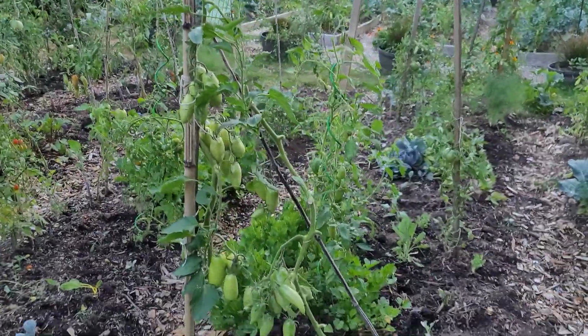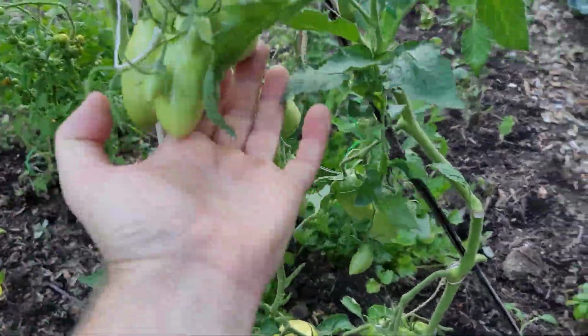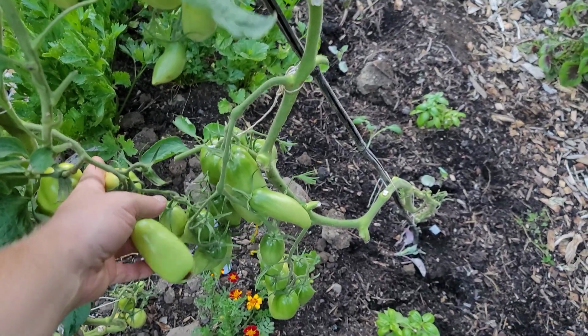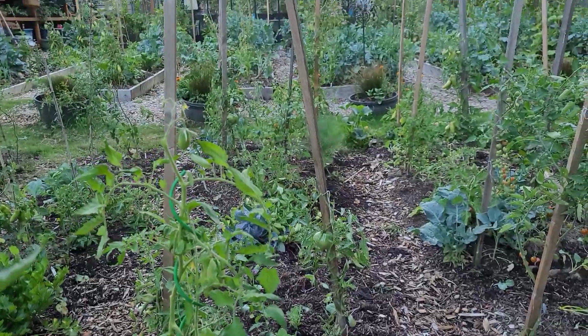You can see that most of the saucing tomatoes are like this. They're still green. There's some that have blossom end rot on the bottom. Let's just pull those off and throw them away. That's what I typically do. I won't do that here, but